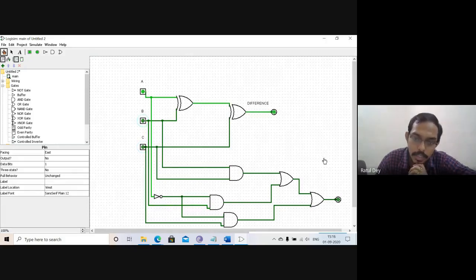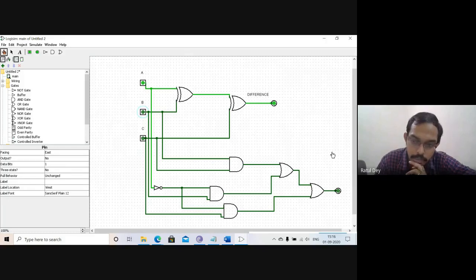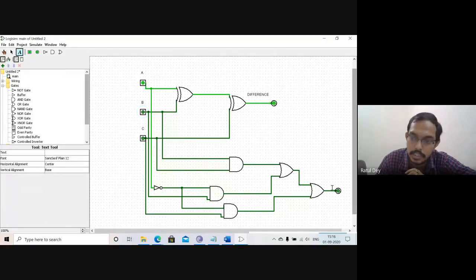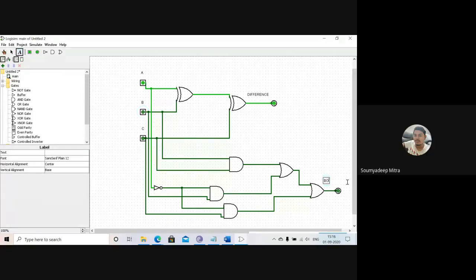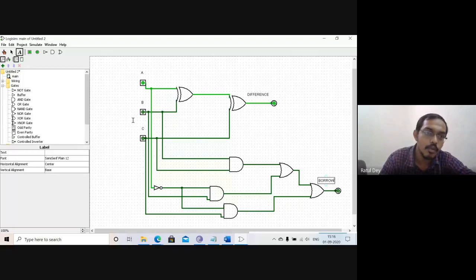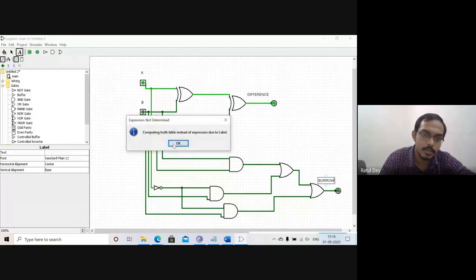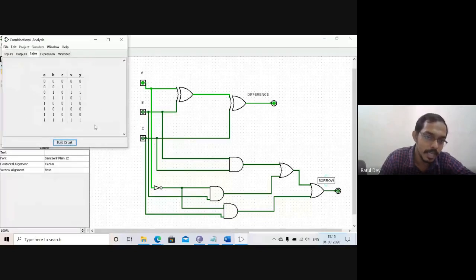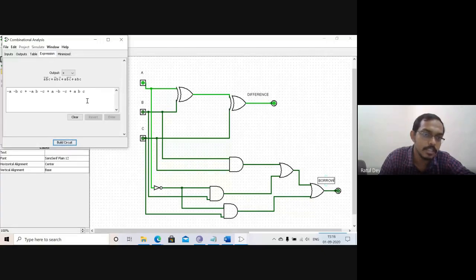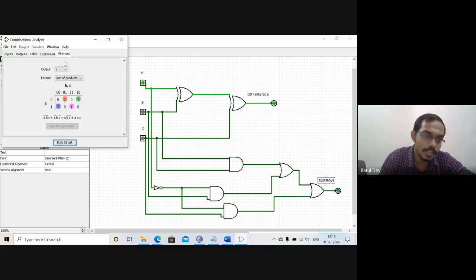You can implement that according to your requirement. This is the circuit. Basically, this one defines the difference, and this one defines the borrow. Again, you can do the same thing for the project and analyze the circuit. You can find the truth table, which is the same as what we discussed previously, and you can go for the expression. The detailed expression is given, and after the minimization, how this minimization is done is explained in